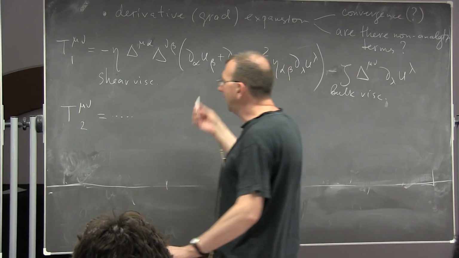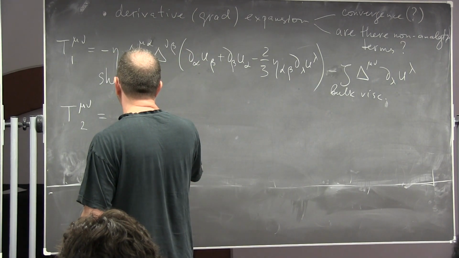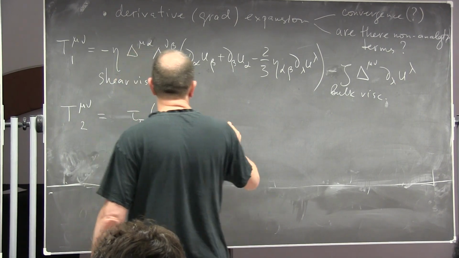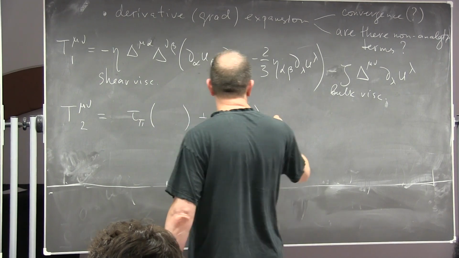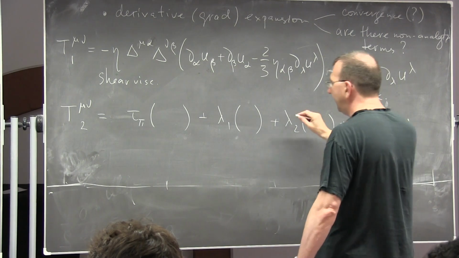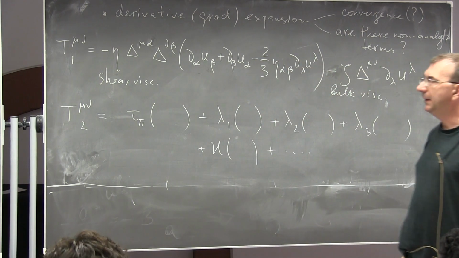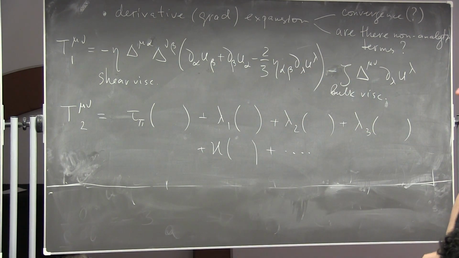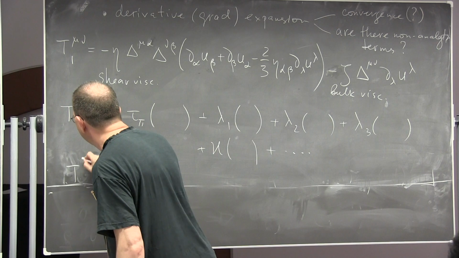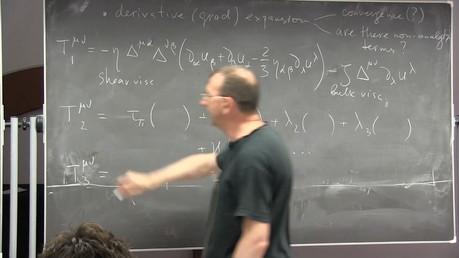All right. So let me just schematically say that there will be some coefficients like, they call tau p, for example, times some structure. Then there is lambda 1 times some structure plus lambda 2 times some structure, and so on, right? So you can analyze all these. And there is also something which is called kappa and others, right? So you can do this analysis. It has been done. And then you can count the number of these coefficients, and you can continue with T mu nu 3 and do the same thing, and so on and so forth.